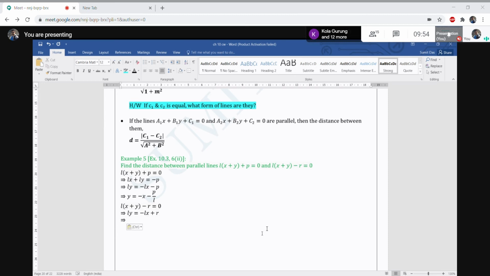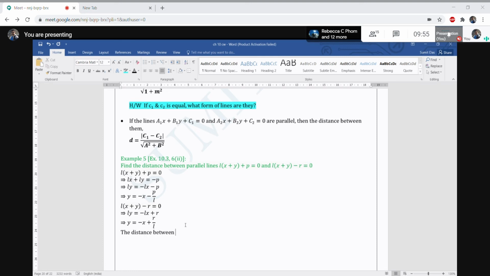So the next line is y equal to minus x plus r by l. Okay, now the distance between them will be, the distance